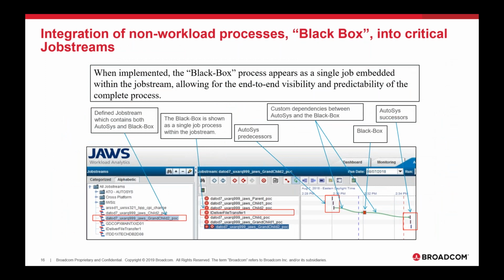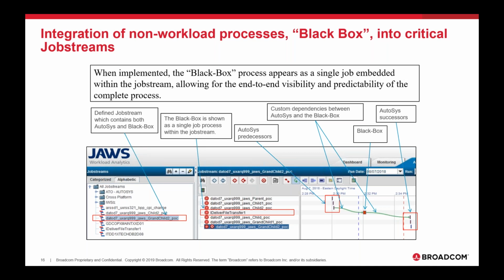Another feature of the platform that is useful is that you can bring into the platform other external applications. So this is an example where you'll see that this is a bunch of jobs. They could be mainframe jobs. They happen to be distributed, but they could be mainframe jobs. And then there's this box in the middle where it says iDeliver file transfer. This iDeliver is actually an external application. It's not a job that exists within any scheduler. It's an external application. So through our REST API, you're able to bring in data from other external applications and model it as part of your batch